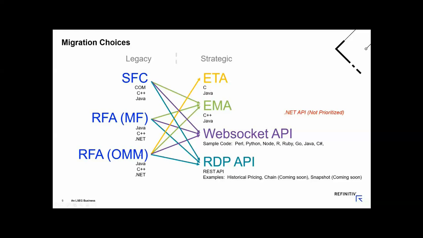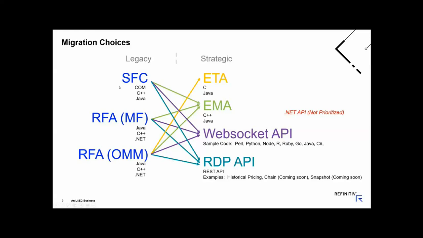And depending on the watchlist size here, you may also choose to go straight to EMA and make use of our ease of use API. Same applies to the WebSocket API if the watchlist size is low enough and you prefer to use one of these APIs to be up and running. There's plenty of sample code on GitHub to do that. So hopefully this gives you an idea for some optimal choices when it comes to migration.